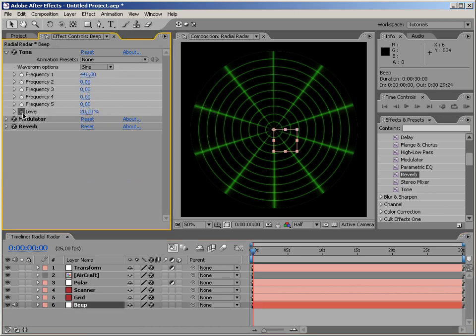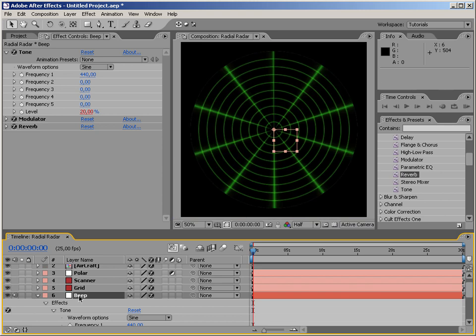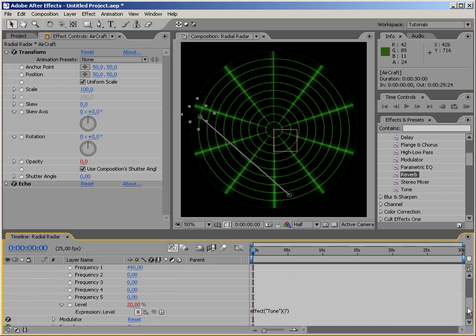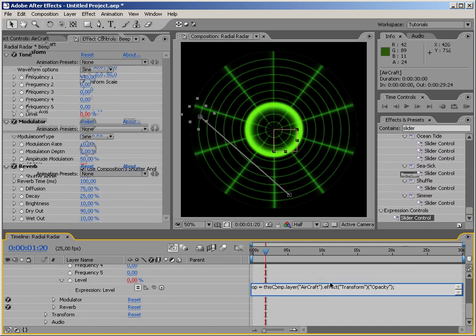So let's just alt click on the stopwatch, and let me go to this aircraft and lock this palette so we can use a pick whip tool, and let's create a variable called OP for opacity, and let's use a pick whip to point to the opacity,